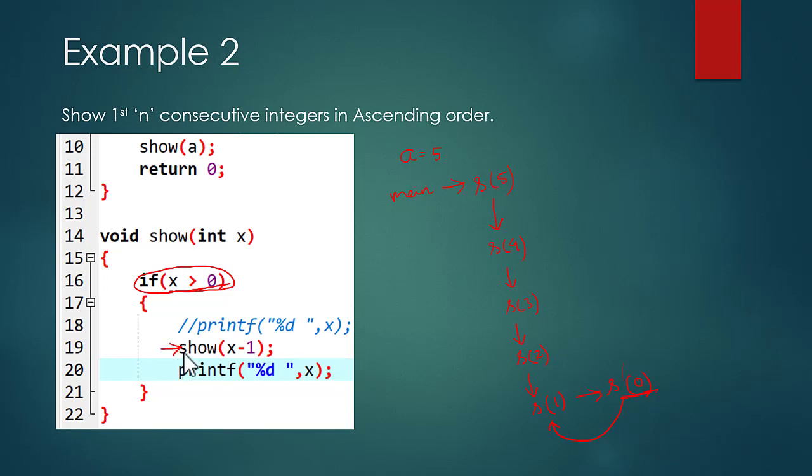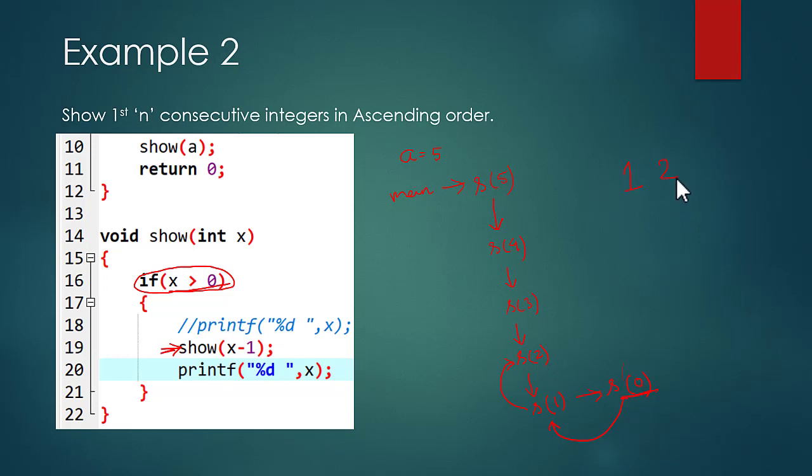Is there any task to be done in the calling function where the parameter value is x? Yes, we have to print the value of x. What is the current value of x now? For s1, the current value of x is 1, so it will simply print 1. Then there is nothing to be done, so it will go back to its calling function s2. In s2, where we have left with this function calling, the next statement to be performed is the printing of the value of x. In case of s2, the value of x is 2, so it will print 2.